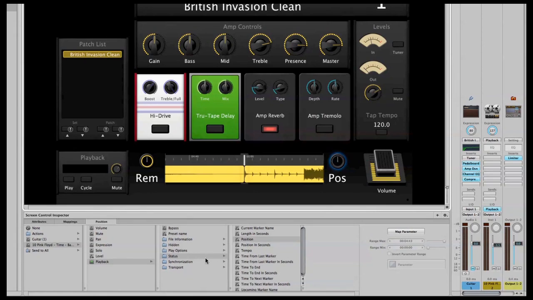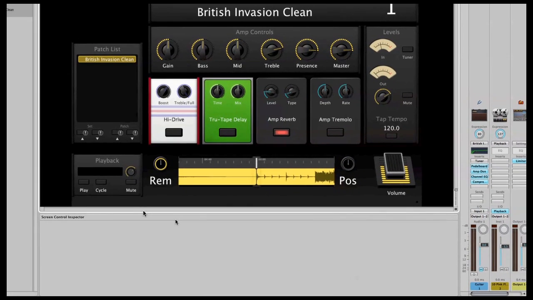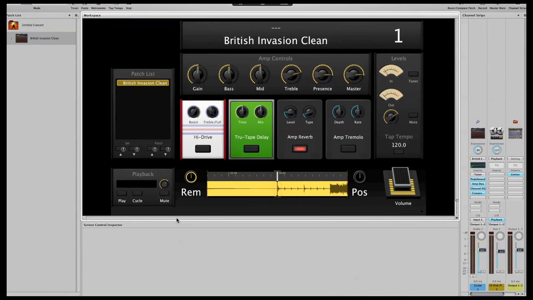Okay, so I think we're pretty good. I'm just going through here and checking things. Yep, we're good. Okay, so now we can look at actually testing it. And the way that we would do that is there's two ways, but let's just go into our playback section right here, and I'm going to now press on my foot controller to the control that I mapped the play to,